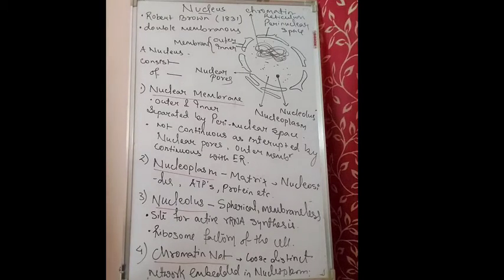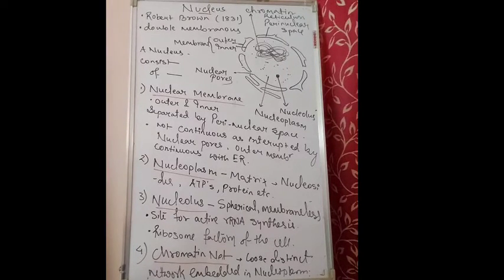So if it consists of more than one nucleus, then it is known as multinucleate condition or syncytic condition, which is also known as syncytium. Okay, syncytic, syncytium or multinucleate condition. Now if we see the composition, or what are the components present in a nucleus, there are mainly four components: number 1 is nuclear membrane, number 2 nucleoplasm, number 3 nucleolus, and number 4 is chromatin network, or the chromatin reticulum.